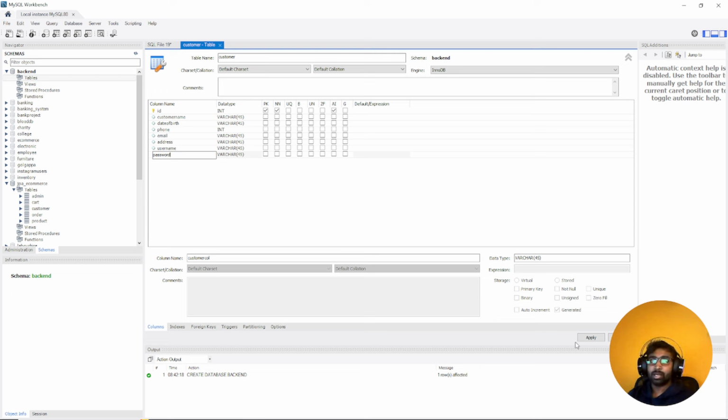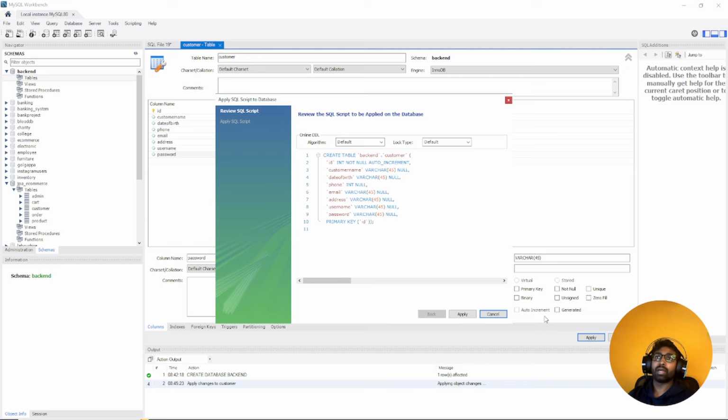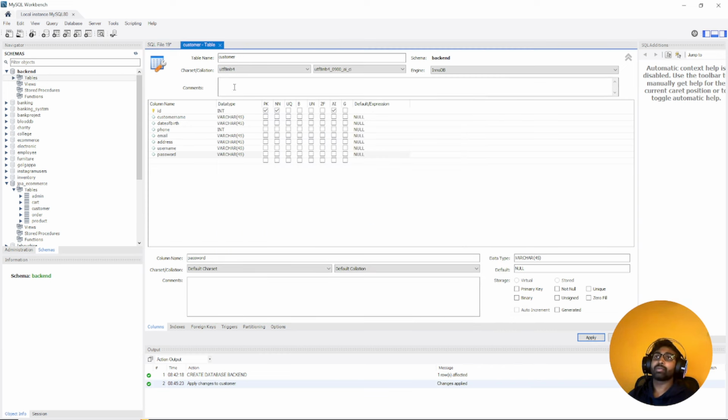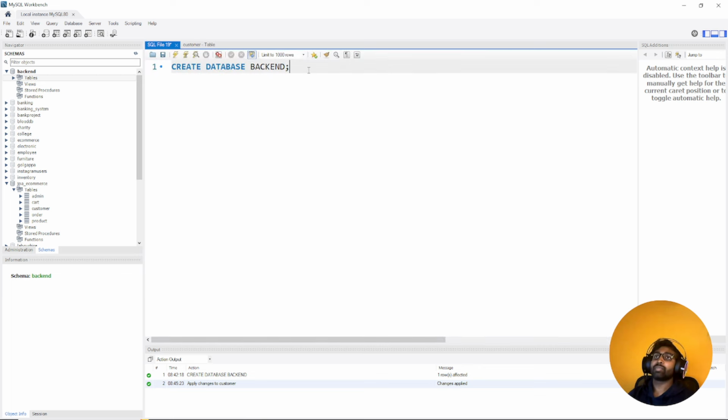All right, the main intention is the data. So I'm just clicking on apply, and I click on apply. Okay, I'll click on finish. All right, so now the first thing I do is